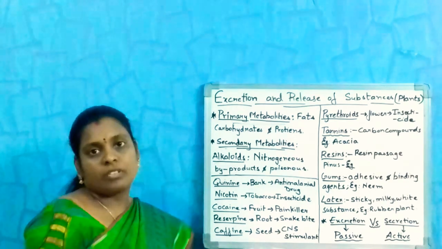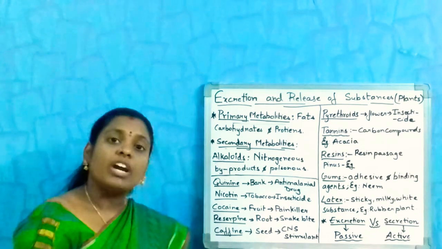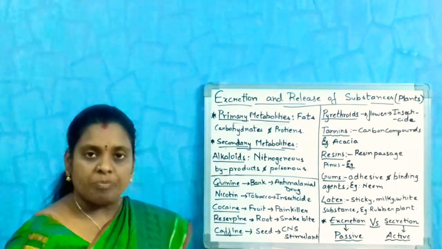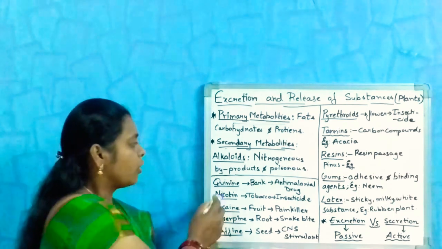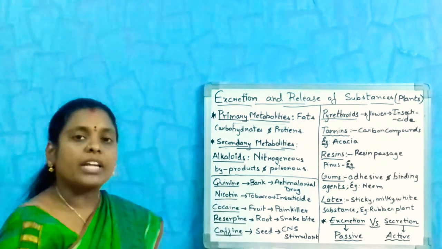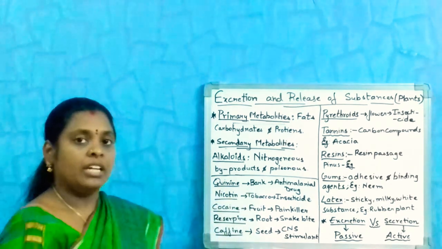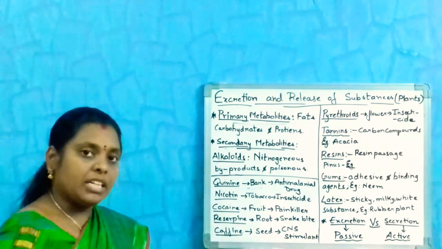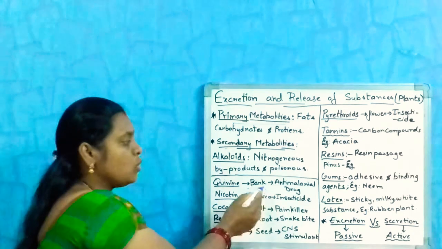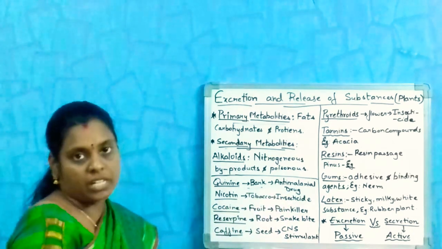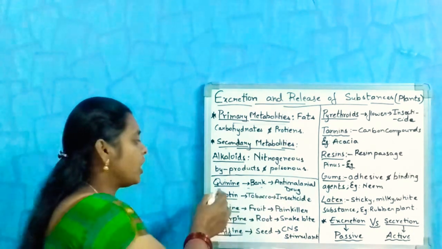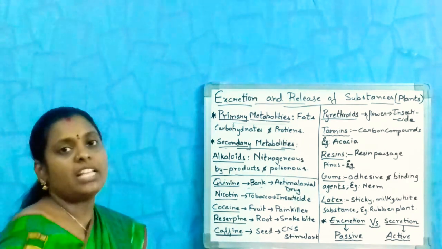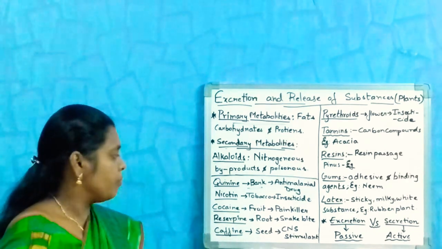pyrethroids. These we are getting from different parts of the plant. If you see quinine, it is from the bark. They extract it from the bark part of the plant. It is used as an anti-malarial drug. It is an alkaloid, it is poisonous, but they are using it as an anti-malarial drug.